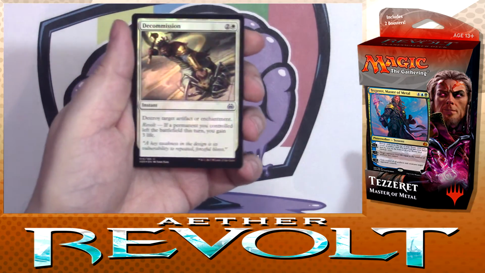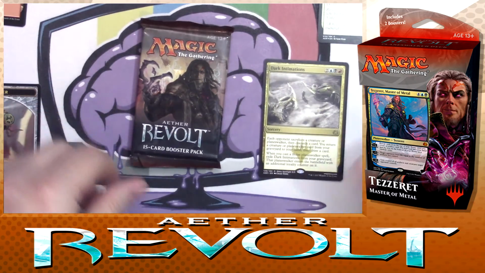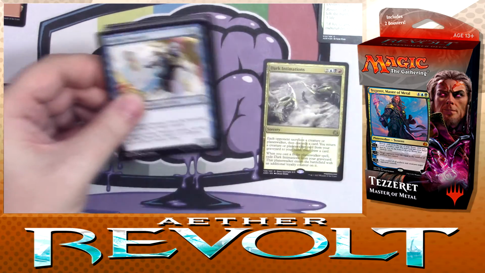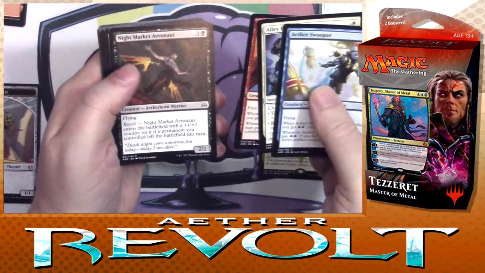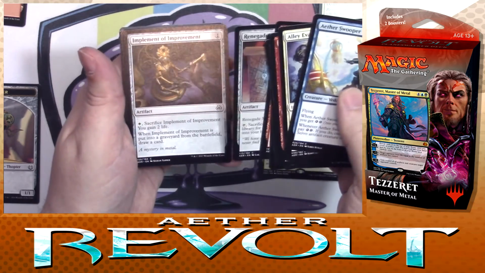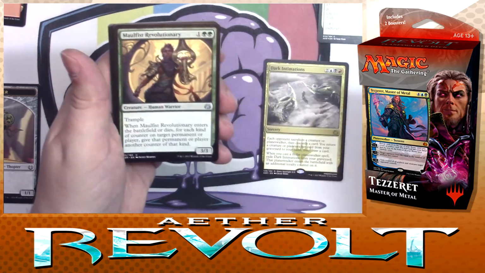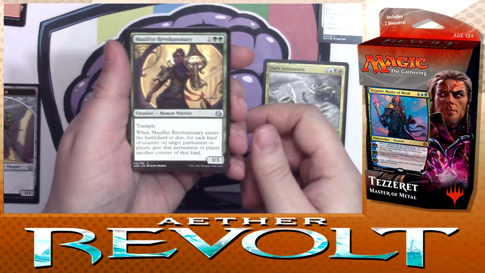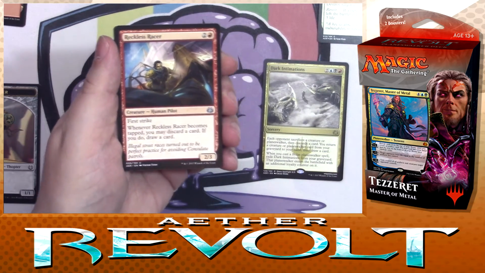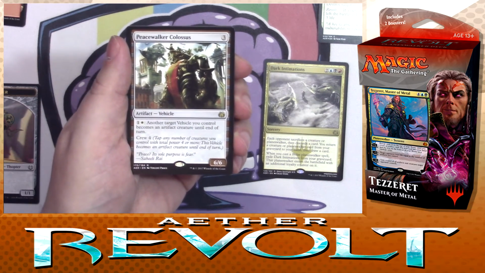Then we have a foil Decommission, a Mountain, and a Thopter token. And the second pack. Anything interesting? Renegade Map. I mentioned this in the previous opening. There was a card that helped a lot in my pre-release deck. It also enables Revolt quite nicely. We have a Malfist Revolutionary, which I believe we had in the other pack. Maverick Thopterist. Almost sure I pronounced that correctly. Reckless Racer, and our rare is Peacewalker Colossus,